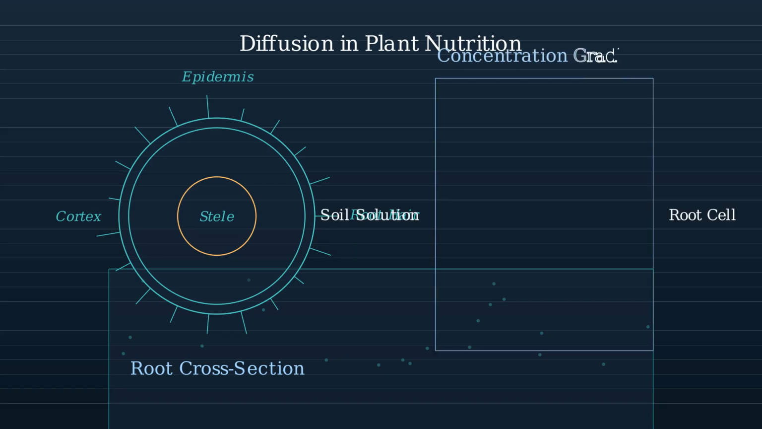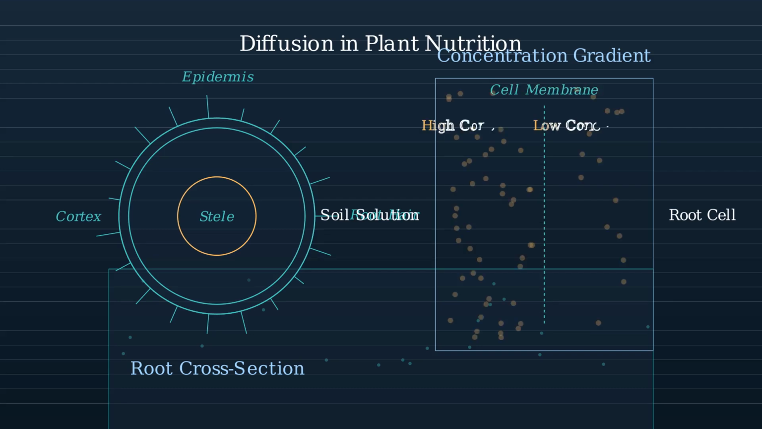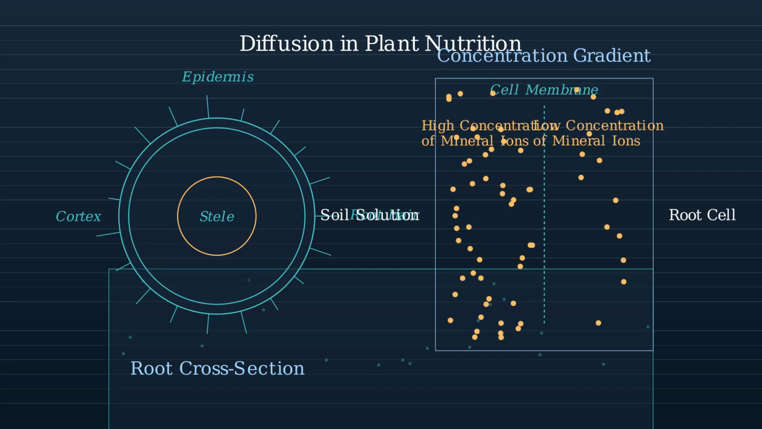Nutrient uptake depends on concentration gradients. The soil solution typically has a higher concentration of mineral ions than root cells. This concentration gradient drives diffusion. Mineral ions naturally move from an area of higher concentration in the soil to an area of lower concentration inside the root cells. Root hair cells actively maintain this gradient by quickly moving absorbed nutrients into the inner tissues, allowing